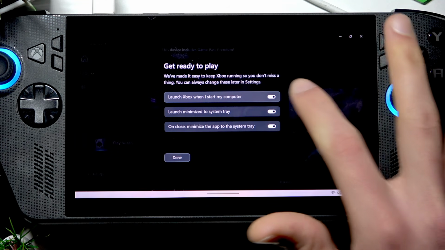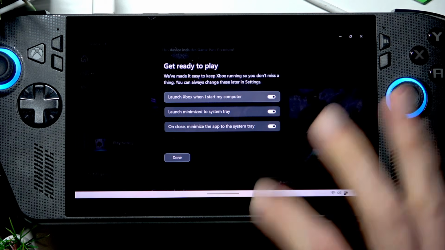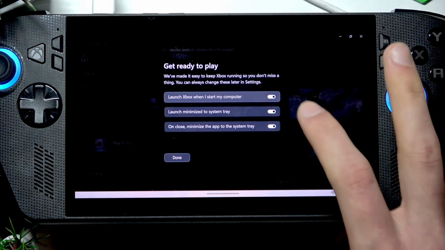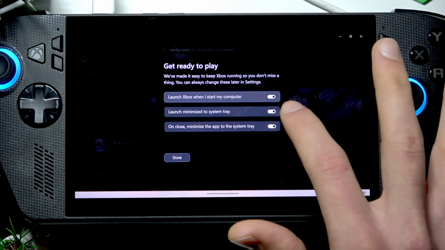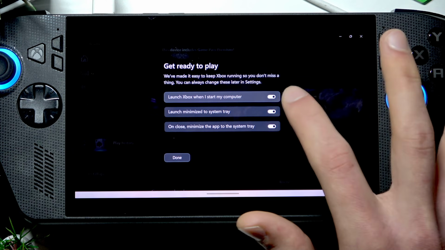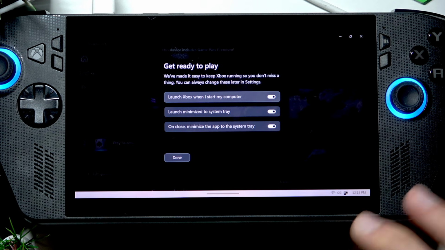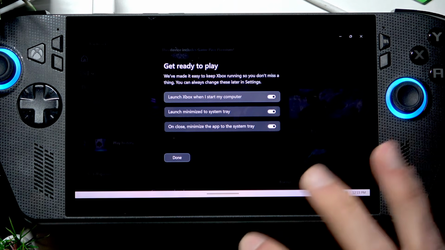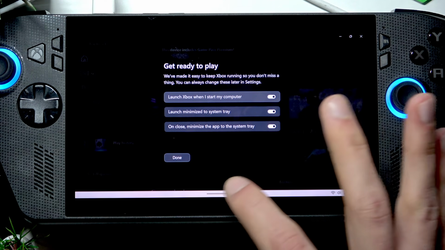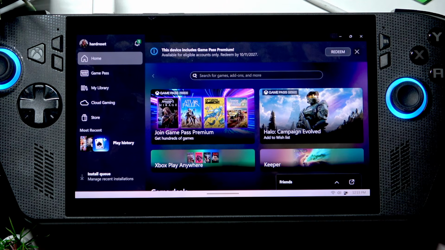you can switch this toggle on if you want Xbox to launch when you start your PC, and this one if you want it to be minimized to system tray, and this one if you want the app to be minimized to system tray when you close it. Okay, so now